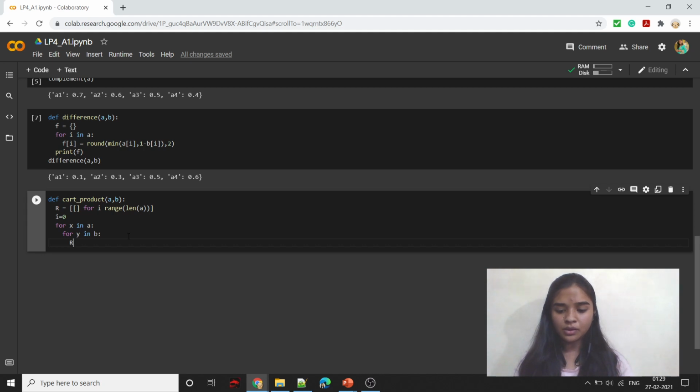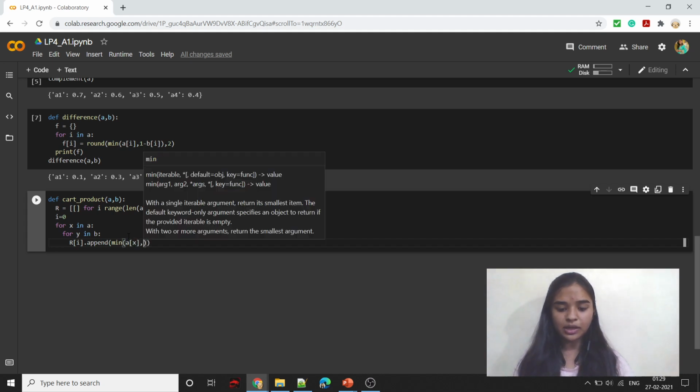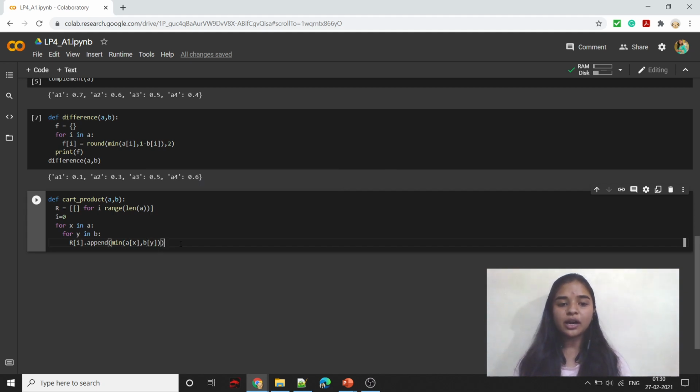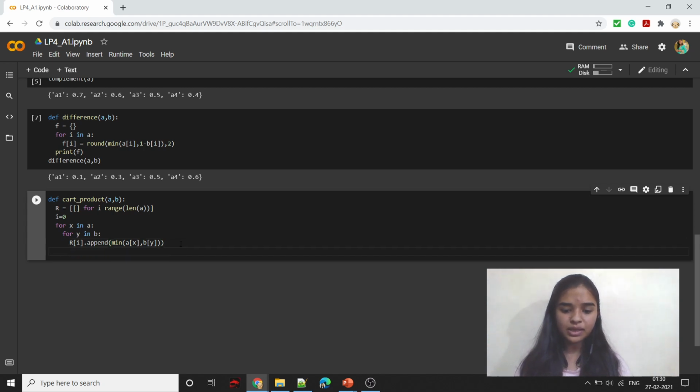Let's initialize R of I, append minimum of A of X and B of Y. Here you can take other functions as well. Instead of writing minimum of A and B, we can also write minimum of complement of A and B, which will, in a sense, be maximum of A and B. So you can select some different functions as well. Let's increment the I